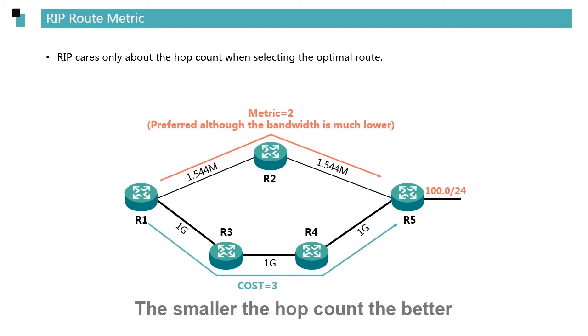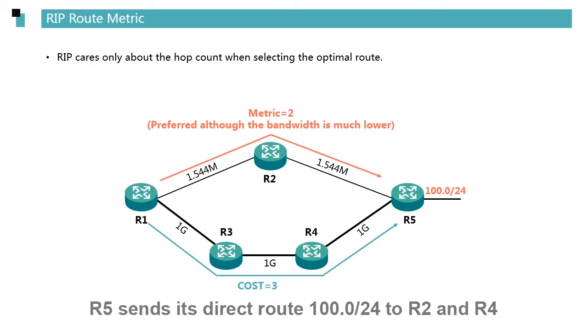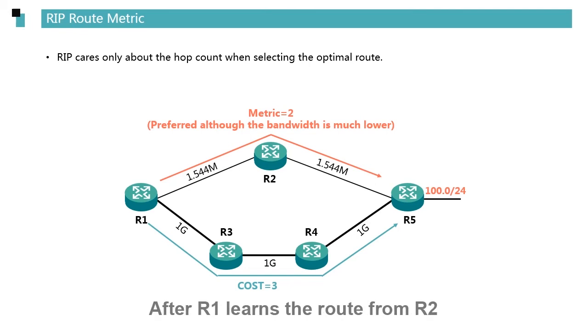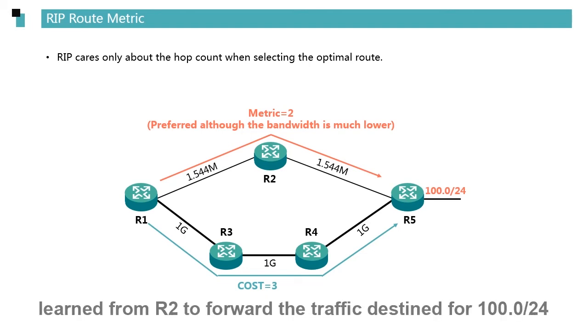The smaller the hop count, the better, because the destination is closer. In the figure, R5 sends its direct route 100.0/24 to R2 and R4. After R2 learns the route, the hop count becomes 1. After R1 learns the route from R2, the hop count becomes 2. After R1 learns the route from R3, the hop count becomes 3. Because 2 hops is less than 3 hops, R1 selects the route learned from R2 to forward the traffic destined